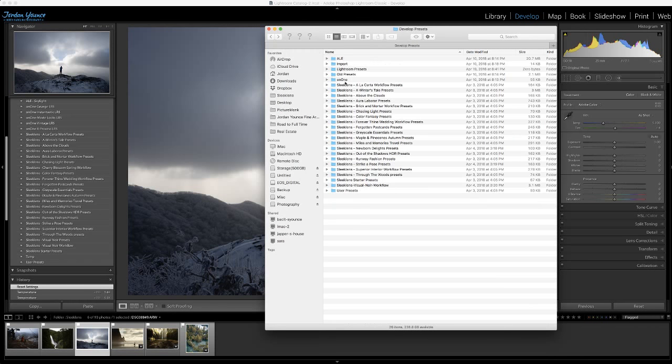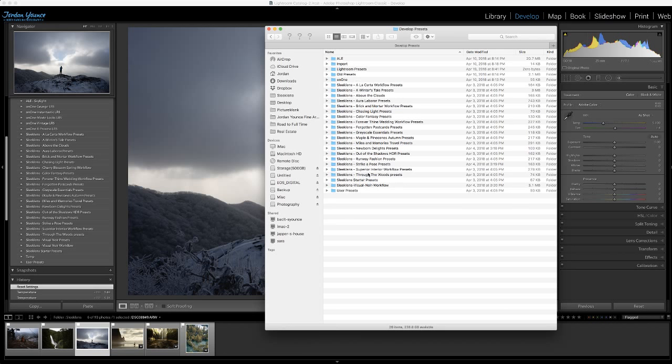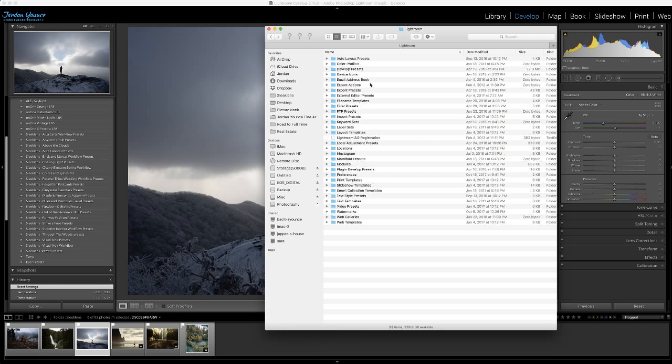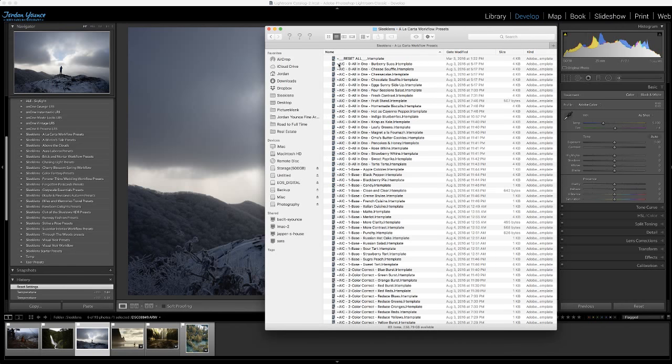So basically, if you have this develop presets folder and you have the new version of Lightroom, you could actually delete everything in here and it wouldn't affect your Lightroom at all. But what it did do is, if you want to see if your LR template files or your old preset files were converted to the new XMP format, click on that develop presets folder, click in one of these folders, it really doesn't matter which one, and you're going to see a little symbol there right before this preset name. And what that means is that's a file that has been converted to the XMP